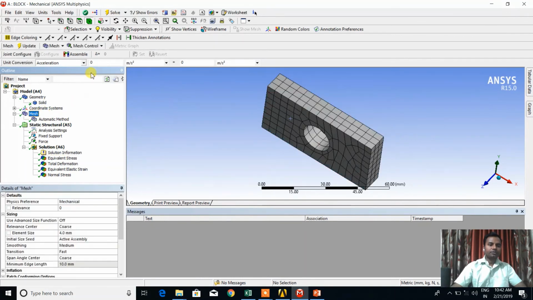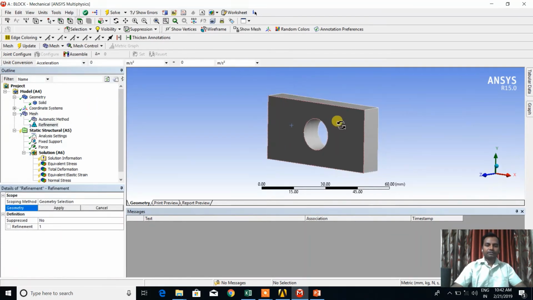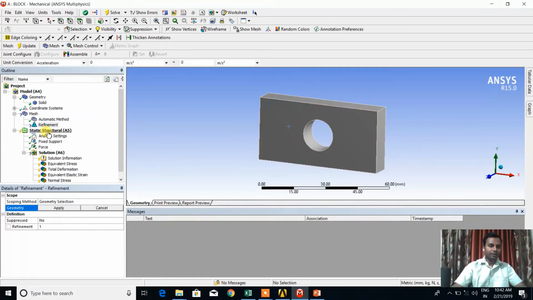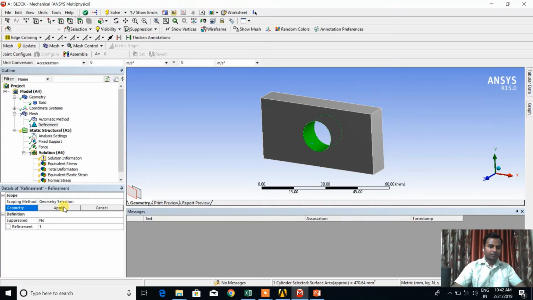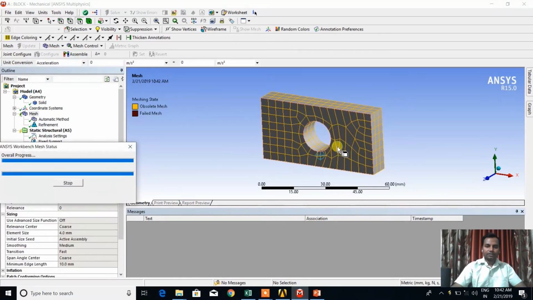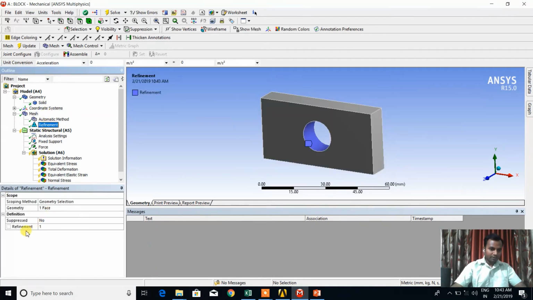Okay, hereafter in mesh control we can check the refinement. So for refinement, here I want to refine that whole portion because the stress is acting more in the minimum area. So I want to refine that inside part, the number of elements want to be increased, and apply here. Just again generate mesh, you can check here the element size will increase. Okay, in refinement also the refinement level is there. So if you click on the refinement level, you can increase the level. I want refinement level as 3.